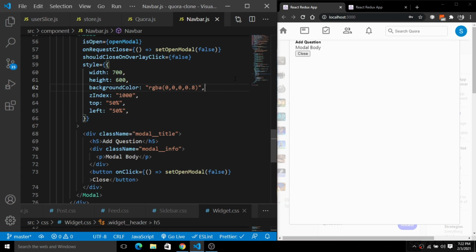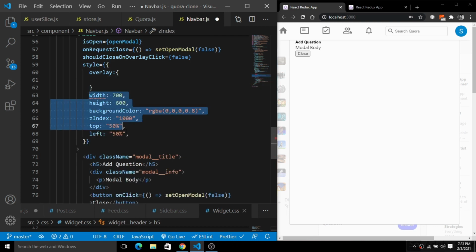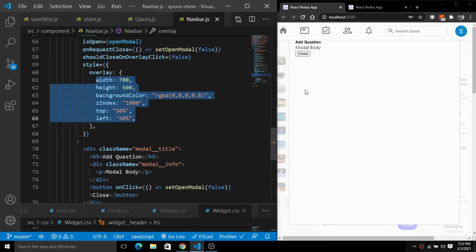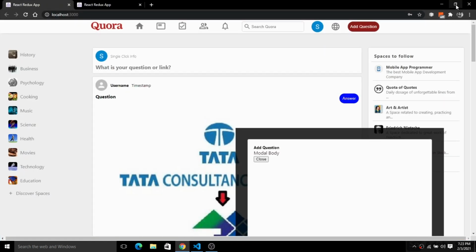Okay, I think the styling is not applying here because we are not specifying where we are going to apply these styles. So for this you guys have to simply wrap it inside an overlay, because we are going to add the style for the overlay here. So we have this overlay, and here we'll simply wrap each and everything inside of this overlay. Now save this. You will see the modal will be pushed to the left section. Now you guys can see the modal is pushed. So this is not the exact way that we want these things to appear here.